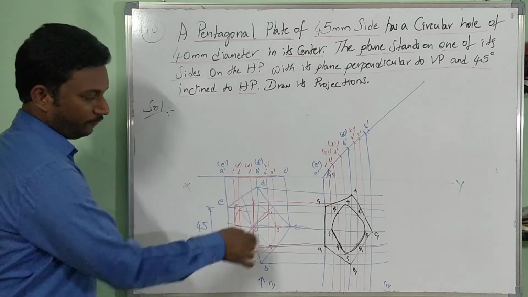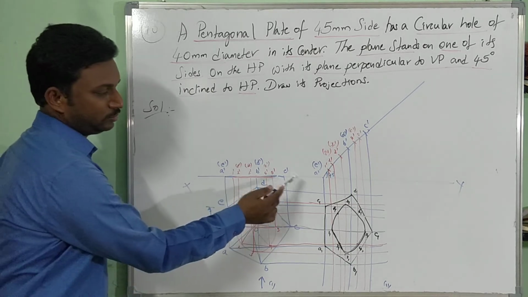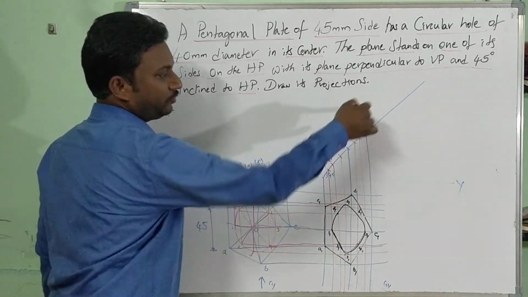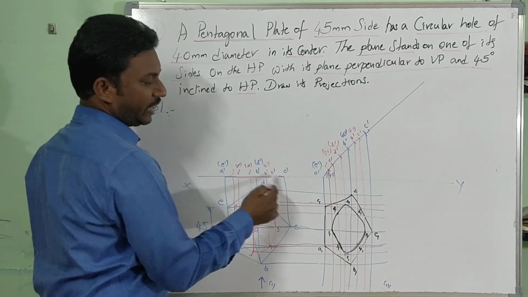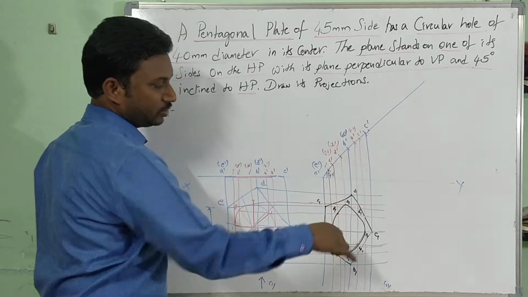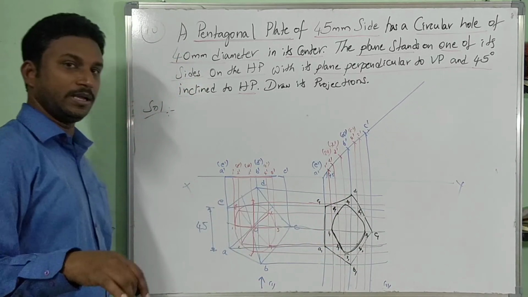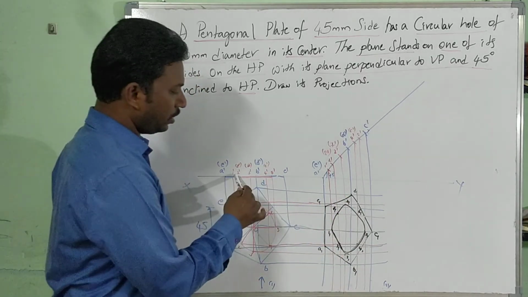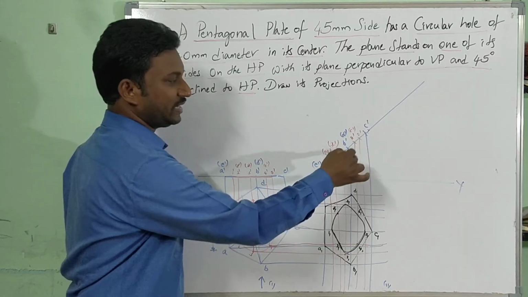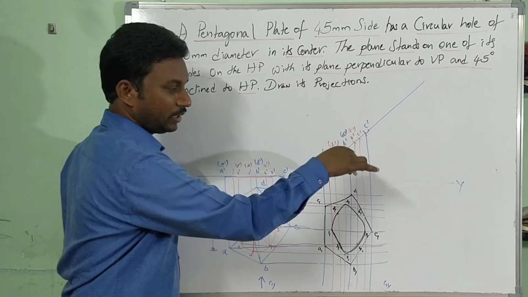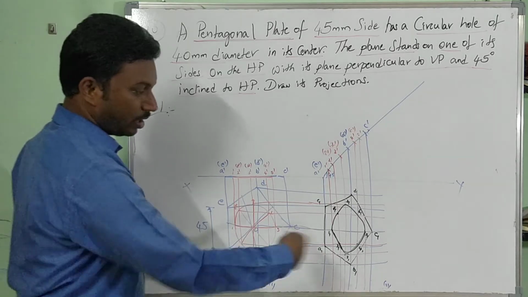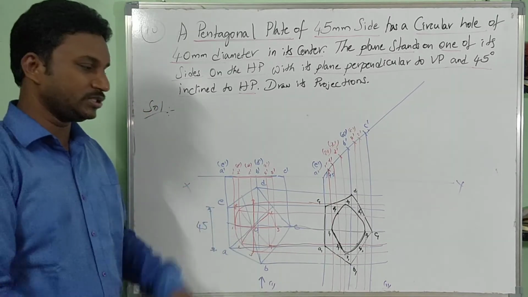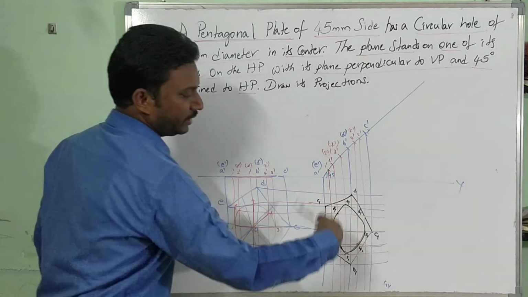Initially the true shape, top view with two things, front view. Second, again take this at 45 degrees, cut it, mark all the points from A dash to C dash inside. Projectors: first draw the pentagon separately, then draw 1, 2, 3, 4, 5, 6, 7, 8 dashes on the 45 degree line. Draw the vertical projections and horizontal projectors, connect them, find the intersection points, so that you will finally get this.